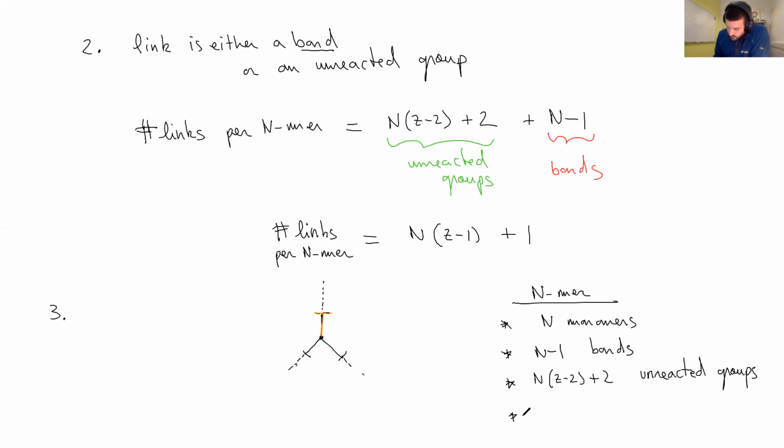And finally, I calculated here n(z-1) plus 1 links that have been defined here. What is a link? Okay, so that's, if you want, the definition of an n-mer. Now, I've currently identified already one unreacted group because I picked it. So remains